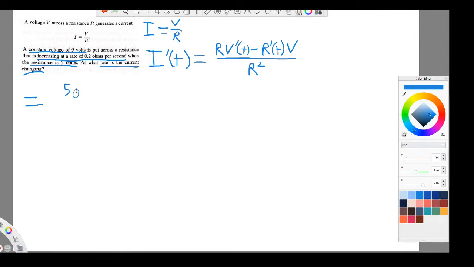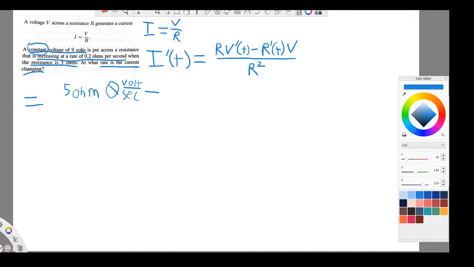R is 5 ohms, and V prime is 0. This is because the voltage is constant. It's not changing at all. The change in V is 0. The derivative is 0. So that's 0 volts per second minus, they actually give us the change in R, it's